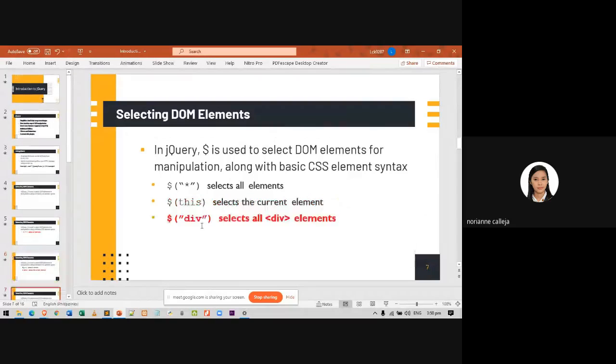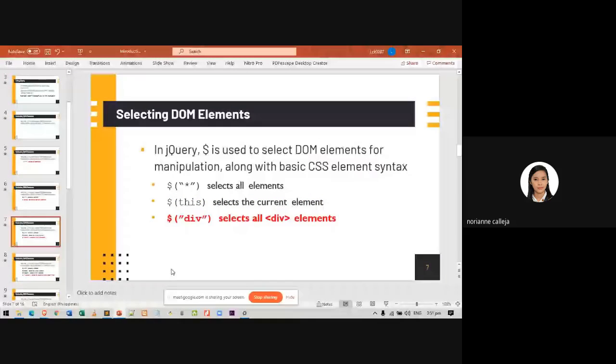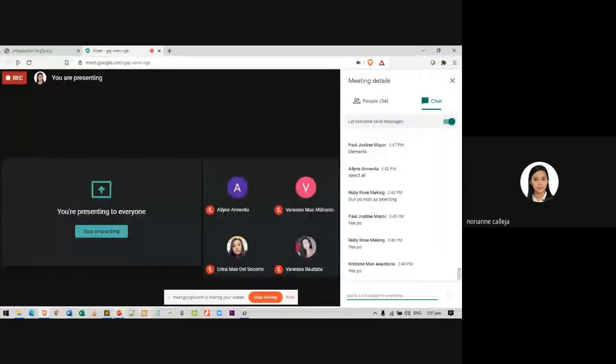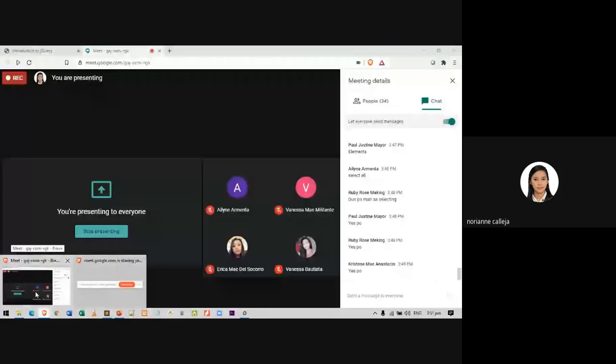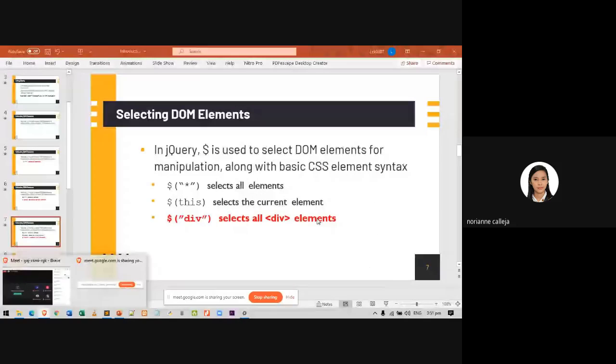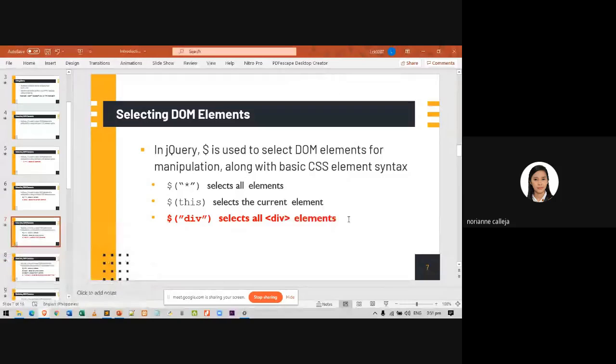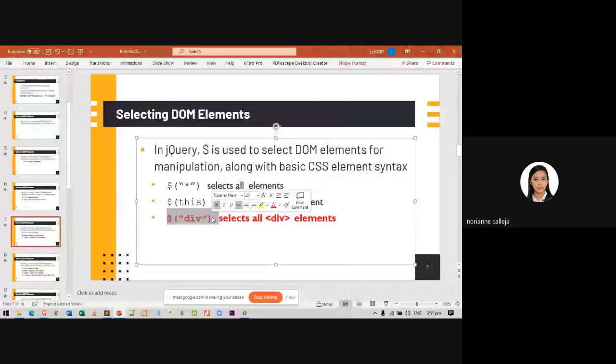Another, I will be checking our Google Meet from time to time. So another way to select an element from our HTML document is by using what we call the element selector. Take note of this element selector. What does it do?